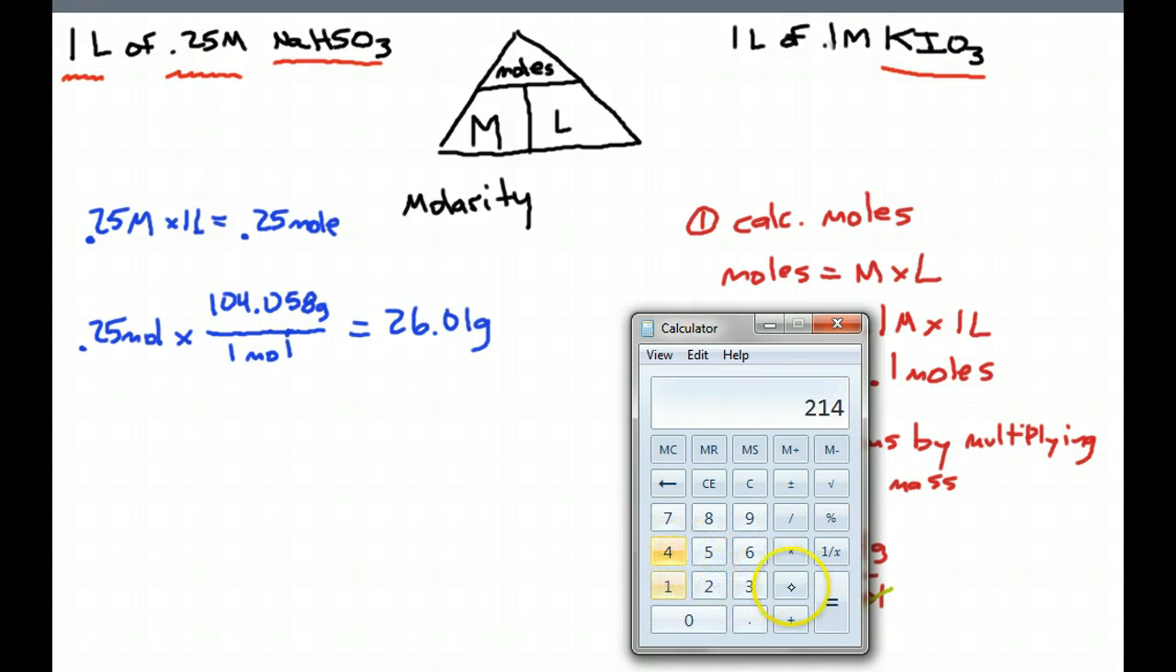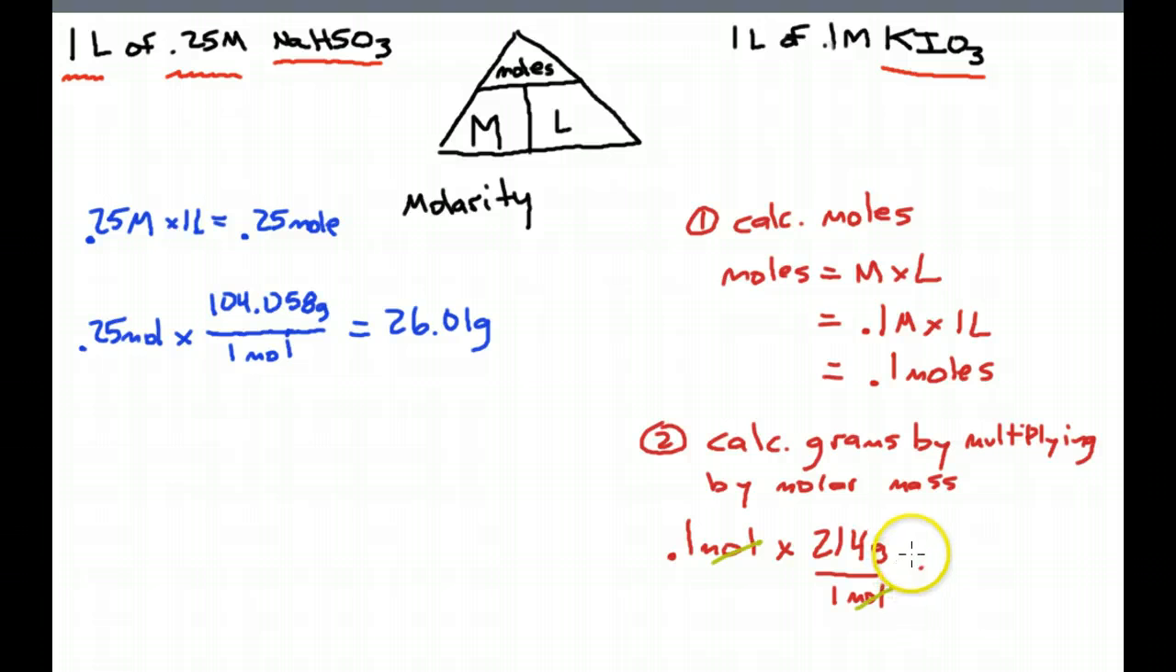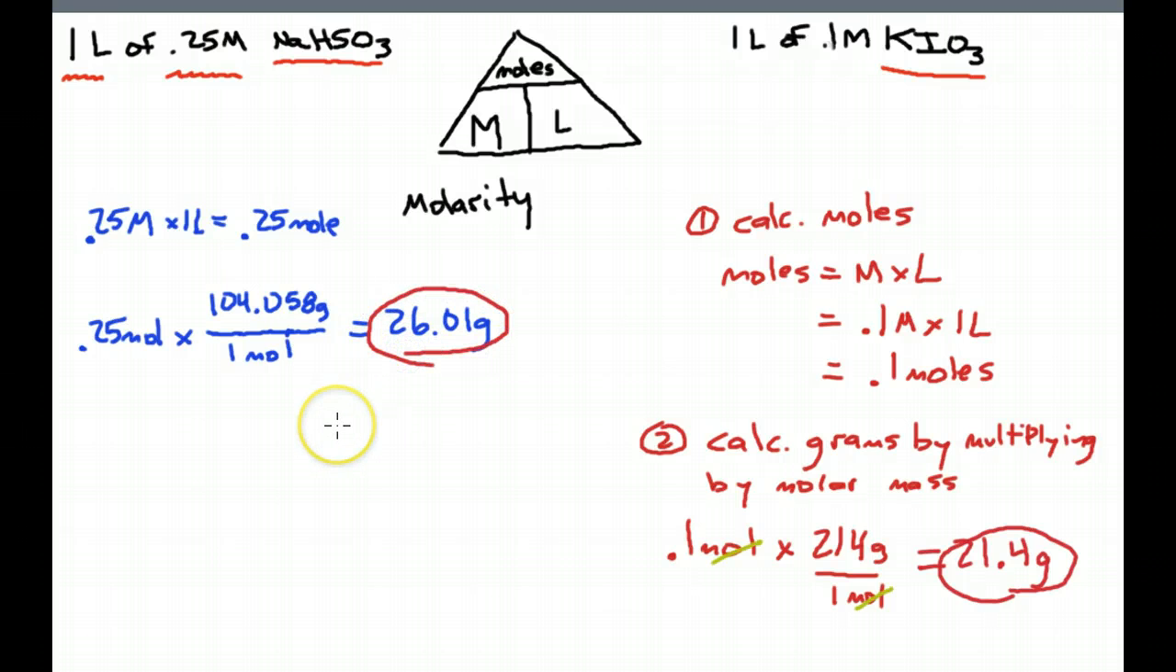214 times 0.1 is 21.4, equals 21.4 grams. That's how much you would put on the balance. Mix it with a liter of water. You would need this one on a balance, mix with a liter of water, and there's a couple other things,